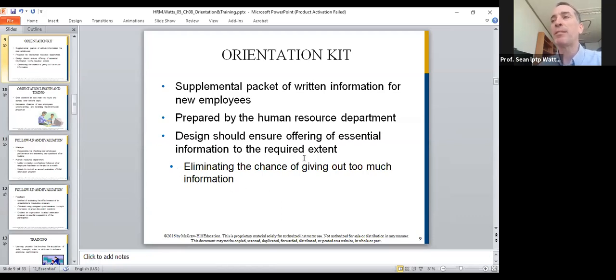It also eliminates the chance of giving out too much information. Don't forget that some people come in for job interviews just to try to get secret information. Maybe they're working for competitors. So if you give them these training manuals as soon as you start interviewing them, and they're from a competitor, that could teach the competitor what you're doing.